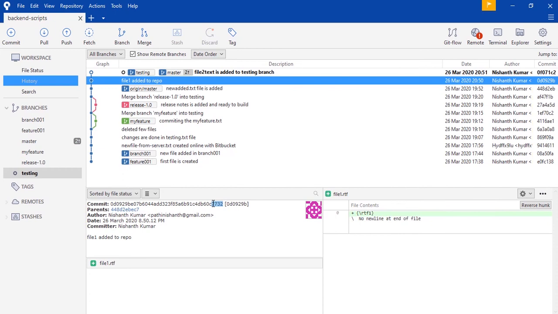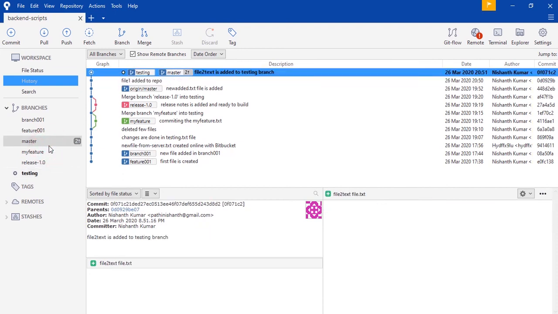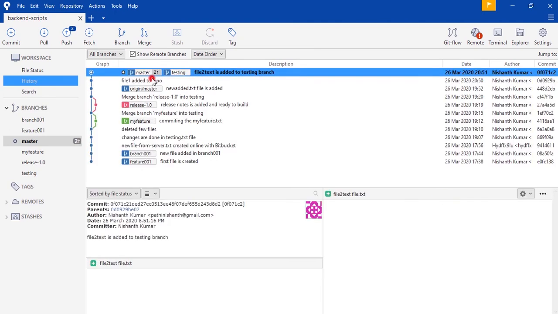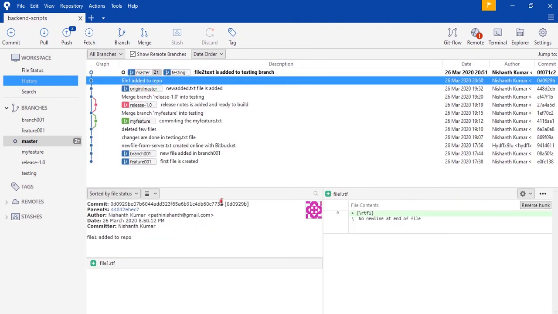You can see 7732 is the hash value when I added file 1 to the repo. The same thing when I go to master, go to the file add 2, it is 7732. So that means the same commit is actually copied here and updated.